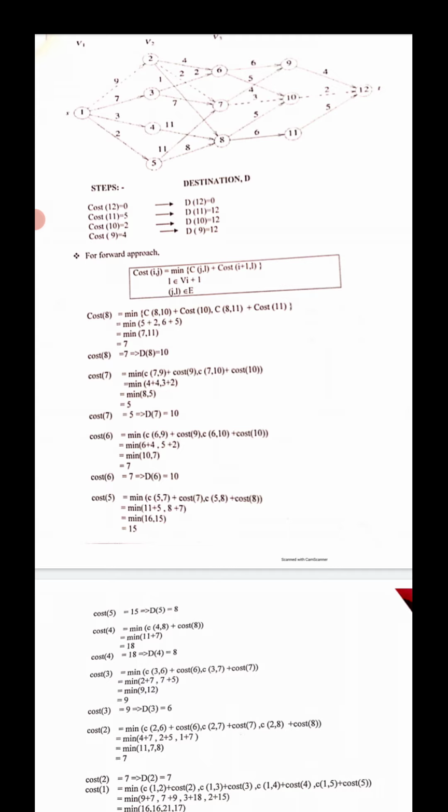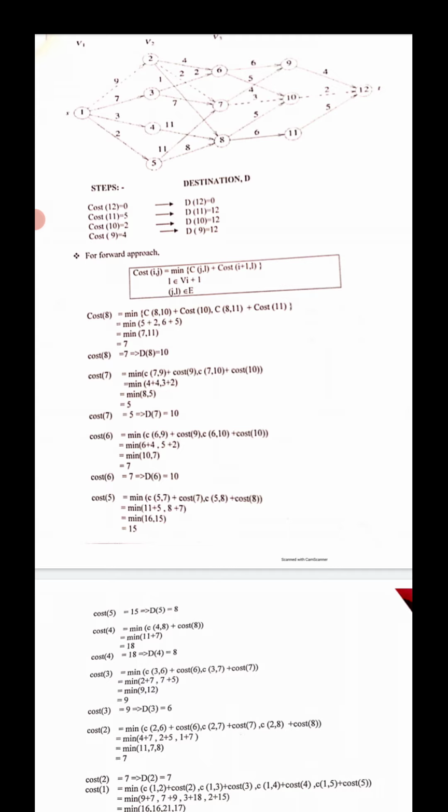Cost of 2: above there is the destination of 2 which I didn't say, listen carefully. Destination of second node 2 goes to 6, 7, 8 with costs 10, 2, 4, which one is minimum? 2 is the minimum, that's why I made dotted lines from 2 to 7. Okay, the minimum value. Next 7 to 10, the minimum value is 3. 10 to 12, the minimum value is 2. Okay, likewise we have to calculate here.